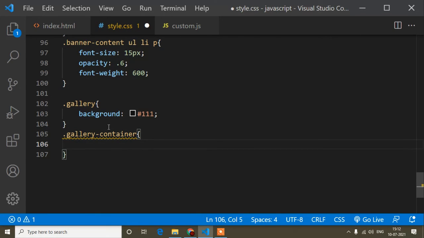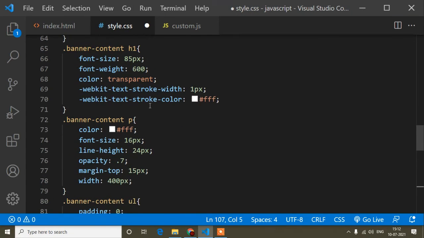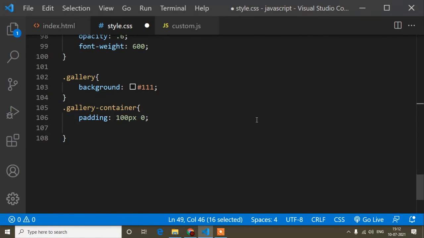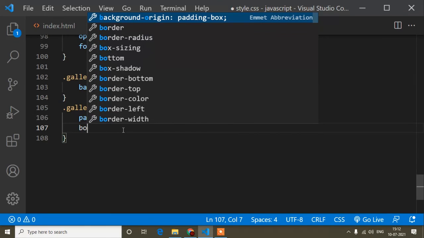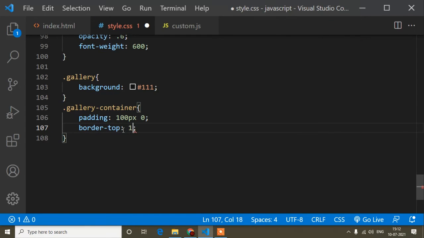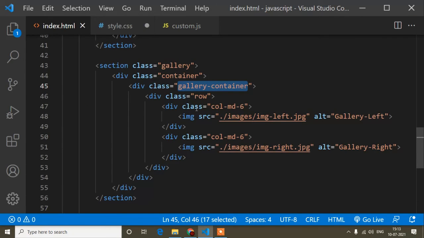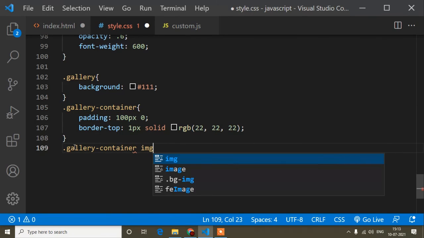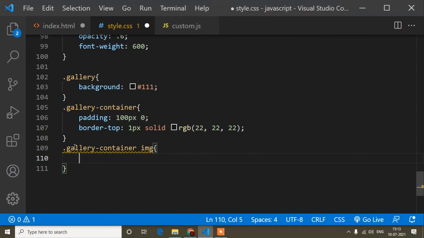I will copy this color code and write border top 1 pixel solid and this color code. Then I will copy the image and paste, with width 100%. Now you can see it's looking like this.